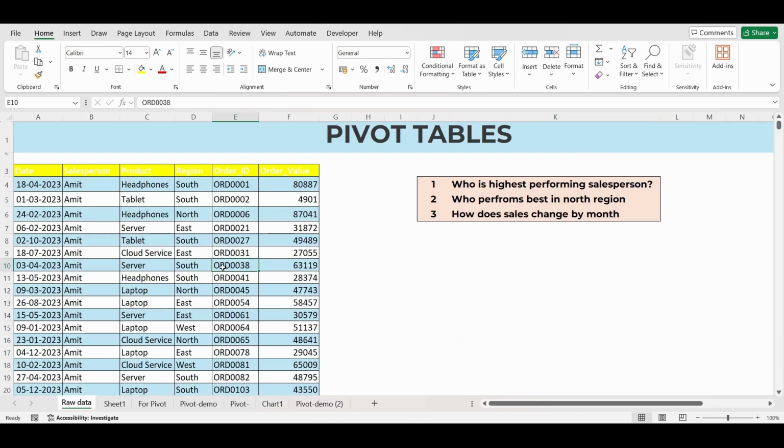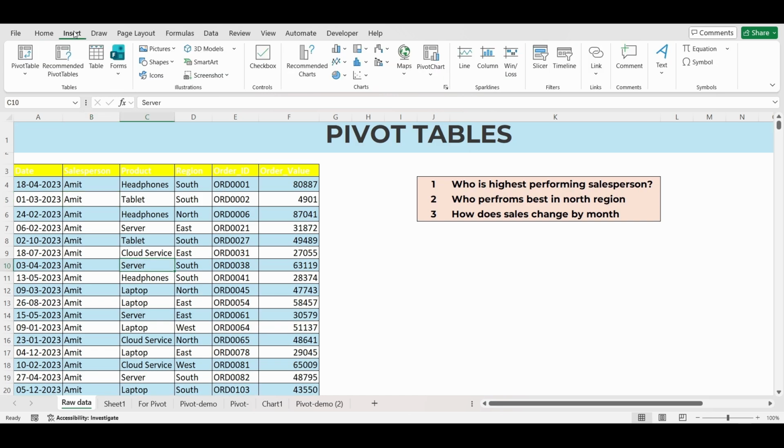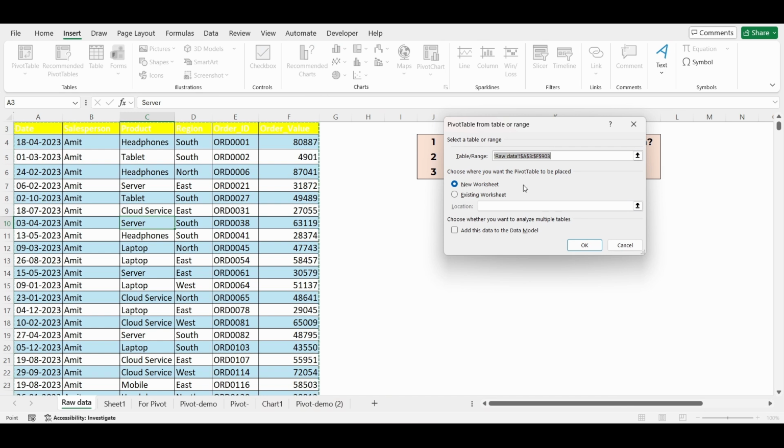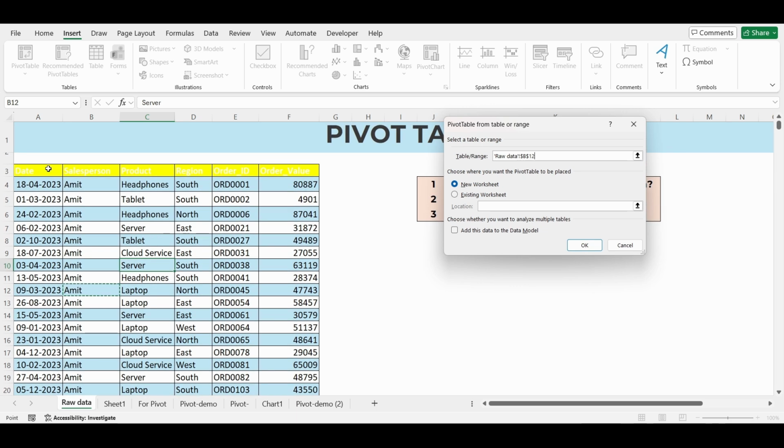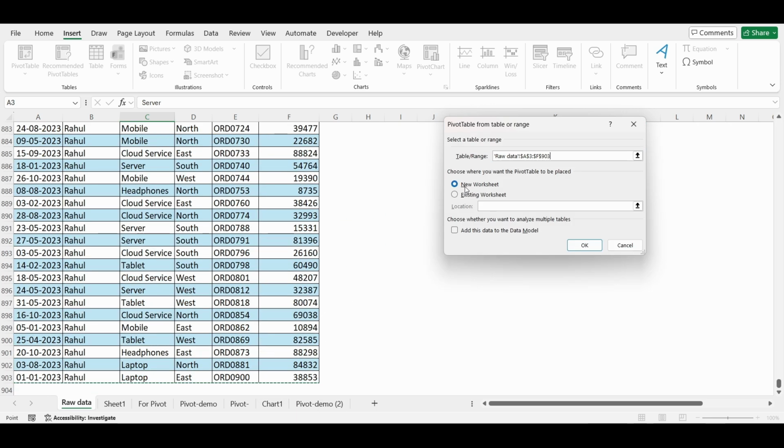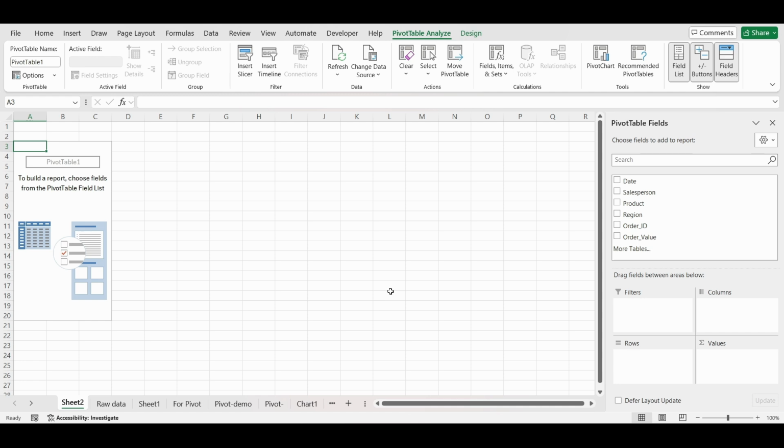First, take a look at this raw data. Now let's create a pivot table. Click anywhere inside the data. Now go to the Insert menu. Click PivotTable. You see, by default, Excel automatically selects the entire data range, but if you want, you can select it manually also. Next, you can go with this first option, new worksheet. This one is going to create a pivot table in a new worksheet. Click OK. And you see it has created a new sheet with this pivot table template and the pivot table